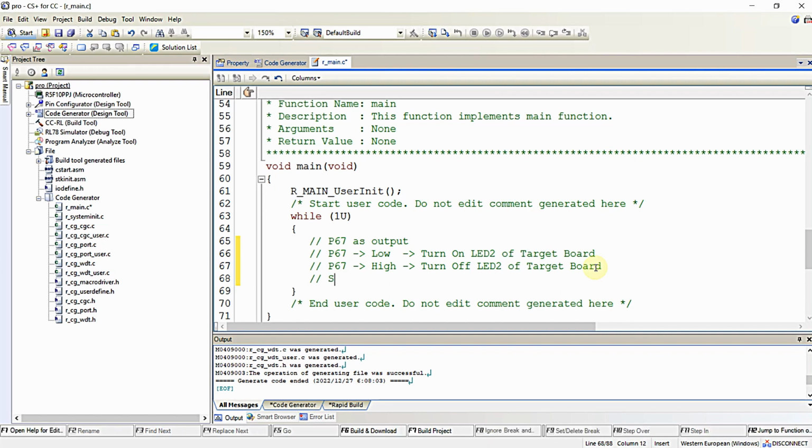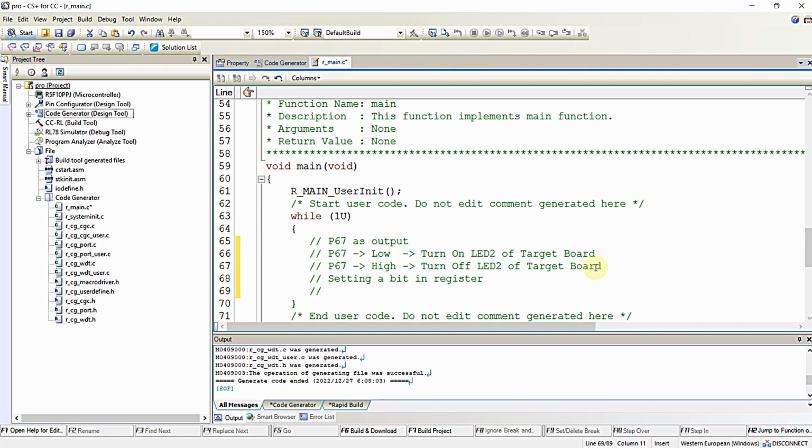For setting a bit in a register without disturbing the other bits, the technique goes like this: register name is equal to register name OR of 1 left shifted by bit number,